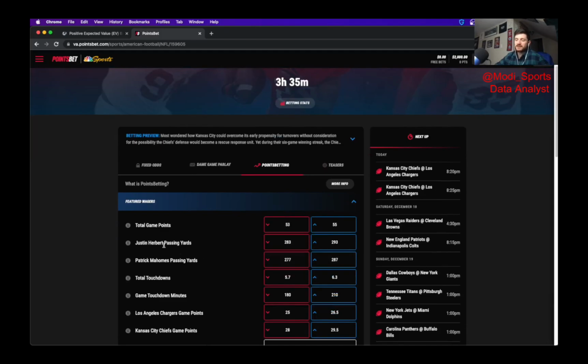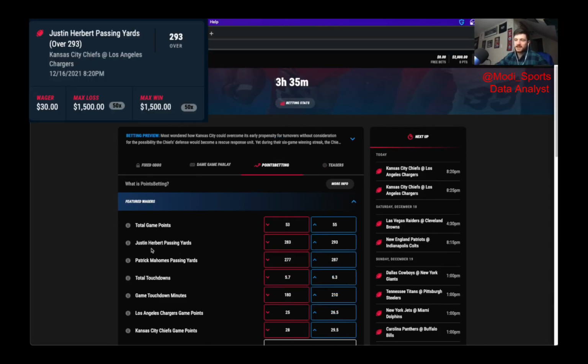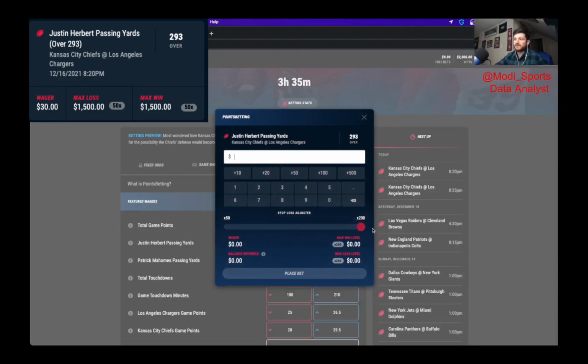I'm going to take the Justin Herbert passing yards for a couple reasons. One, it's high risk, high reward, but with how good he's playing, I don't think he's going to hit too much lower than the 293 mark. So I'm going to take the over. How it works is,